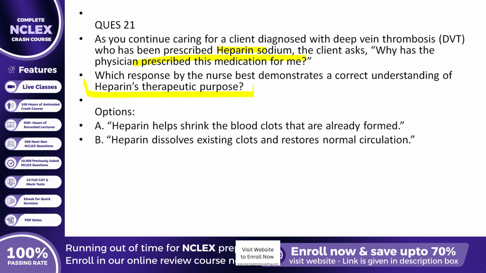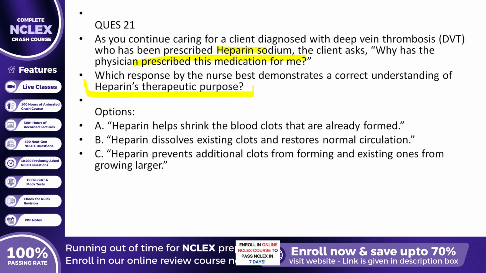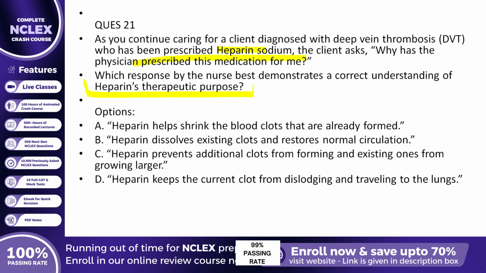Option B says, heparin dissolves existing clots and restores normal circulation. Option C explains, heparin prevents additional clots from forming and existing ones from growing larger. Option D mentions, heparin keeps the current clot from dislodging and traveling to the lungs. The correct answer is option C, which states that heparin prevents additional clots from forming and existing ones from growing